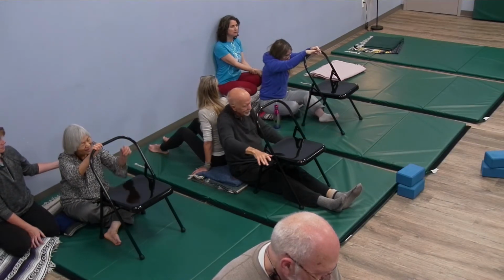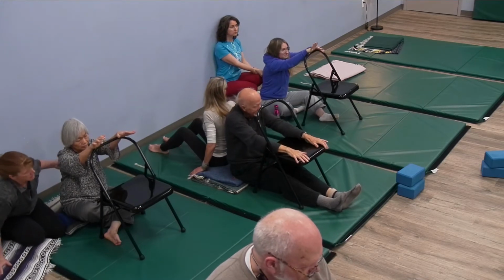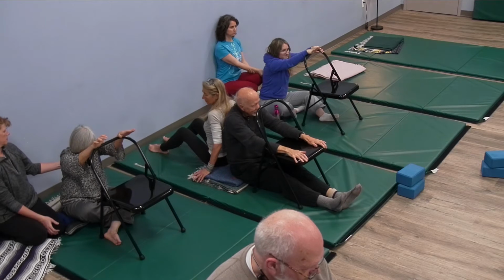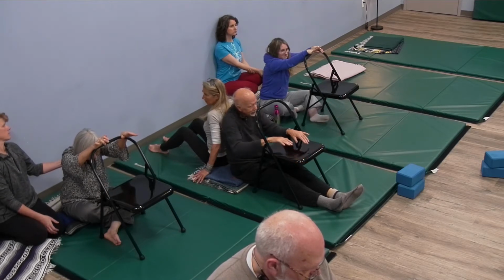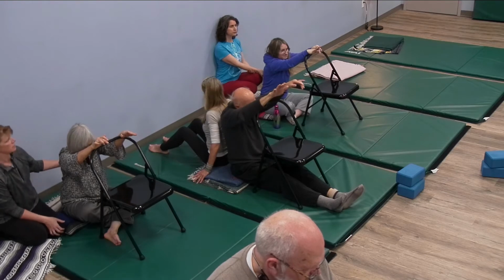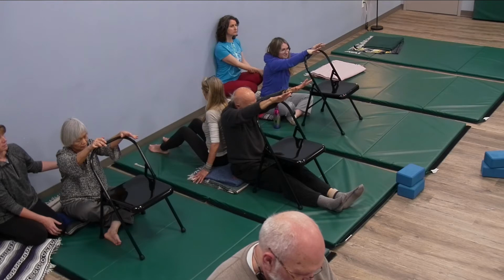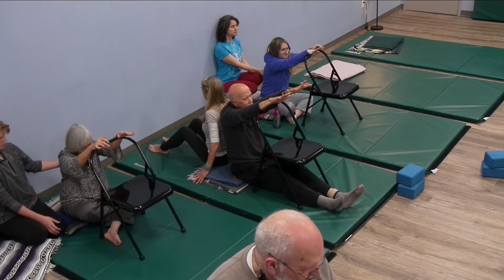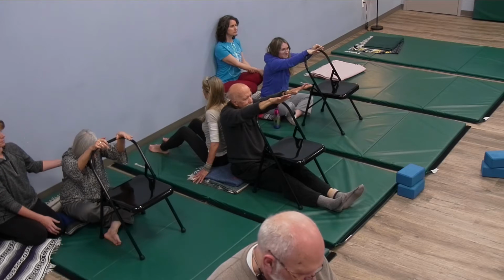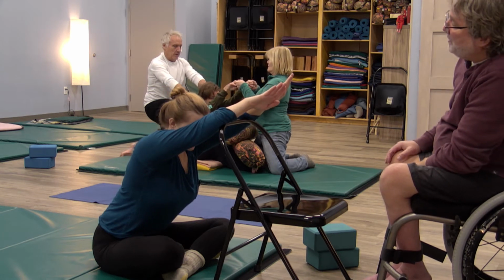Put your hands on the chair and watch what Kat was doing. You try to extend up, but have you noticed to do that, you have to hit through your sitting bones, right? Otherwise, you're just cracking your low back. The sitting bones are like Kat's back heel, right? You've got to hit your sitting bones back to get the rise. So you're trying to lengthen your arms,